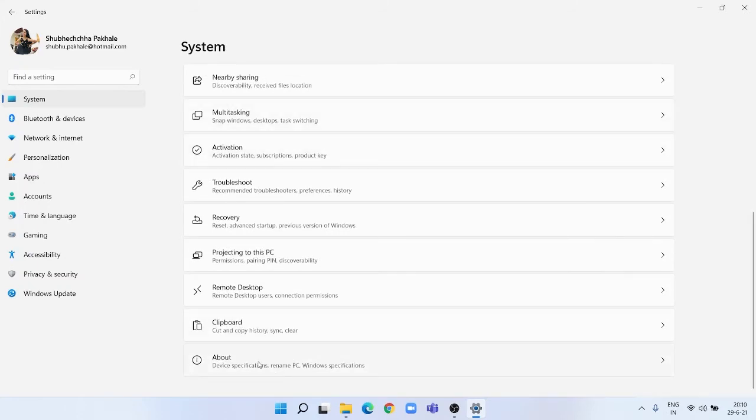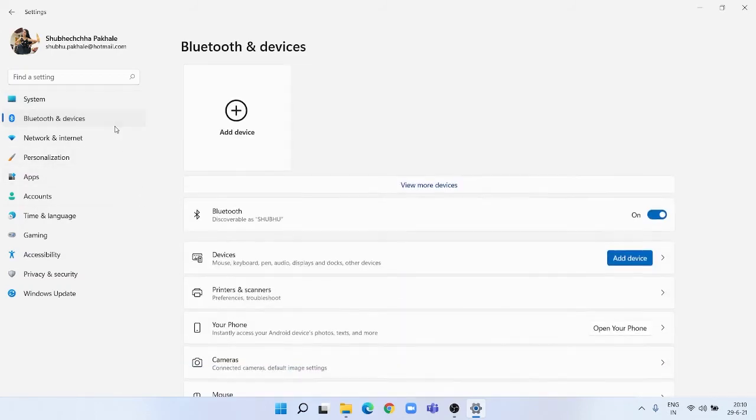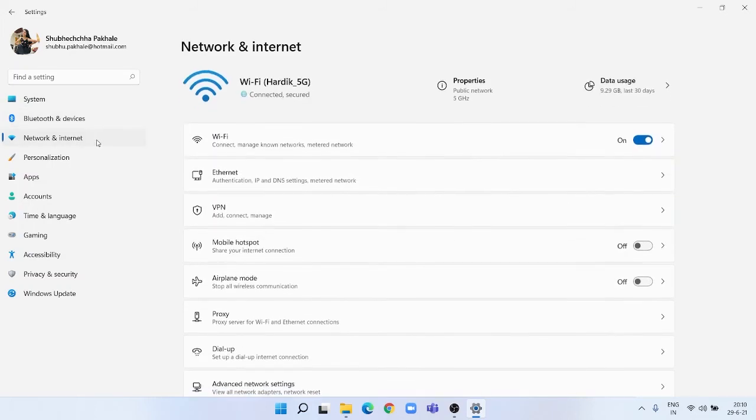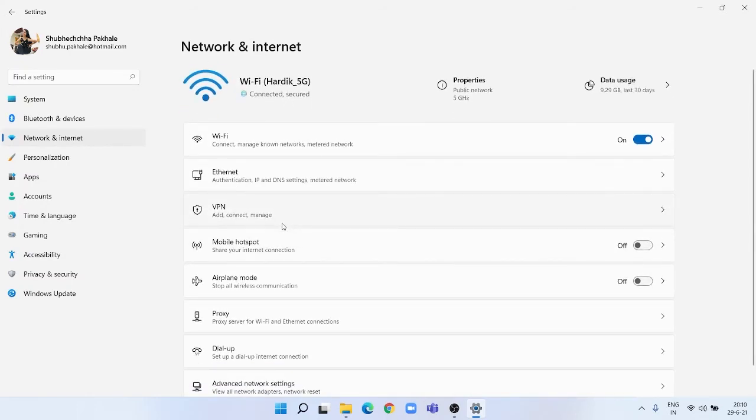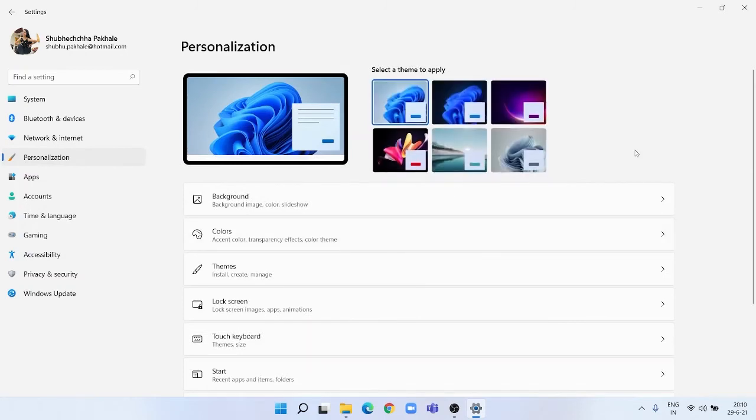Then about here, which will basically give you the information about your computer. Bluetooth and devices, you can add new Bluetooth devices, network and internet. I don't think anything is new here, and I don't have the time to actually go and check out every new feature. But then if you go into personalization, one thing you have to make sure is you have your